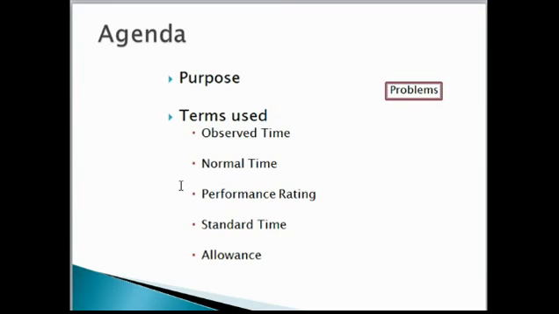Normal time for all these 8 processes, then we will add them, and after adding them, what we will get is the normal time for the complete process, the complete cycle. Then what we will be adding is some allowance, because if any task is repetitive in nature,